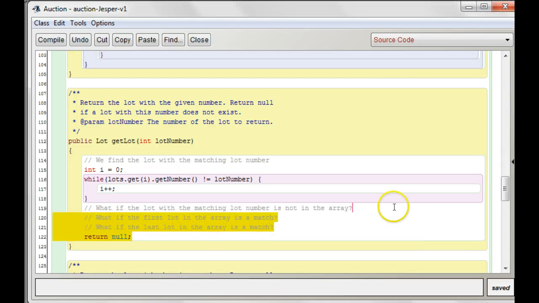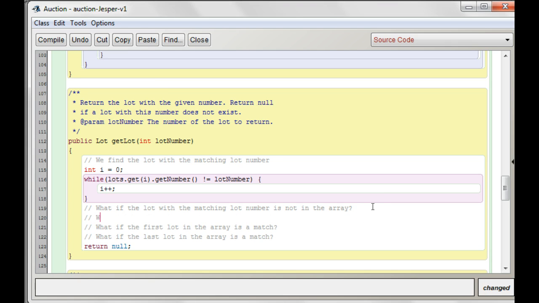So, oh, there's another case I didn't think of actually. What if the array is empty? There's nothing in the array, right? So maybe I should think about that one. Well, if there's nothing at all in the array,